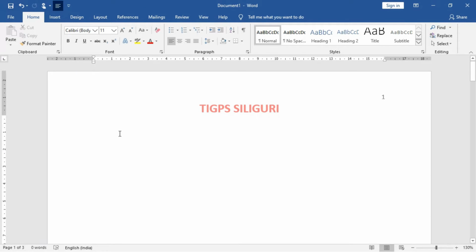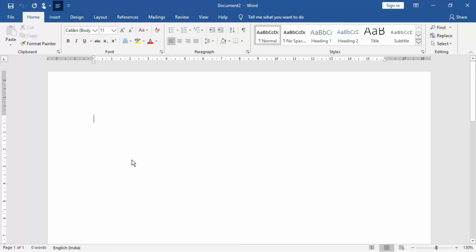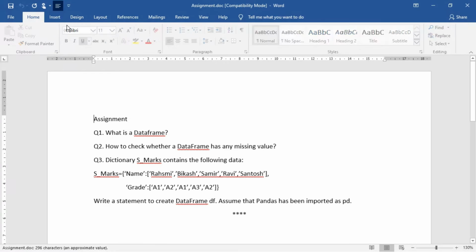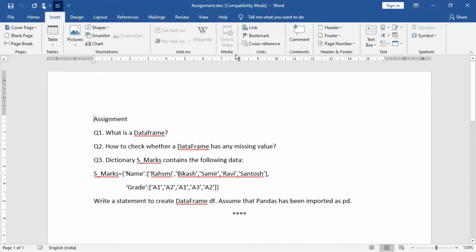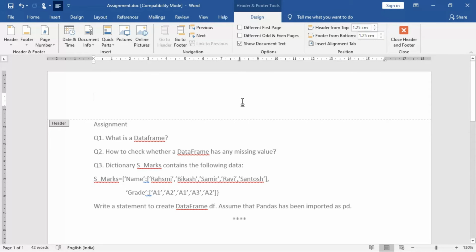Now you see how to insert a picture as a header and footer. All right, so what you have to do, in the header area, insert, just a minute, I'll go back to the previous document only. Say assignment, here I'm coming back. So you see I am inserting header and footer once again. So once again insert, and where is header and footer? Yes, there is the header group. Okay, so header, I'm just pressing blank out here, so I'm not doing anything out here. Now I will go to the picture option in the insert group of the design tab, and I will press out here.